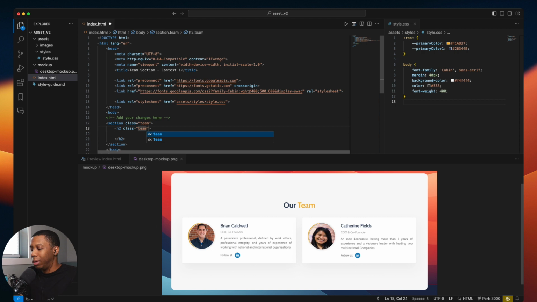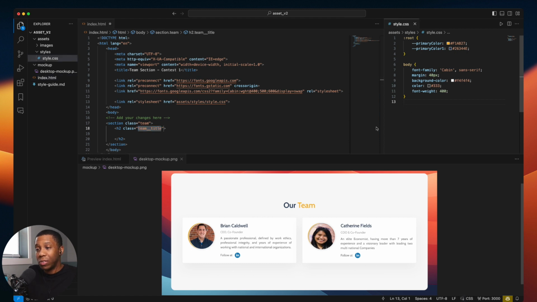Let's do team__title. That way, when we target this element within our CSS, we can better understand what it is, where it comes from, and what it is actually attached to, instead of just doing